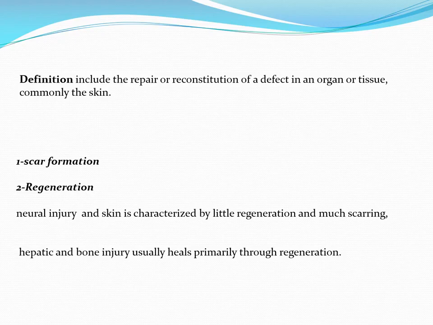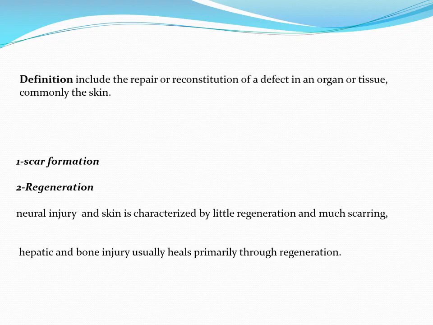At the end of these spectrums, we have two things. On one side of the spectrum, there is scar formation, which is the unwanted end result because the tissue is going to be replaced by scar tissue, and this is not natural. And the other end of the spectrum is regeneration, which is returning the tissue and the organ into its original shape and structure. So regeneration is the preferable way of healing, and scar formation is the unwanted way. And in between them, there is a lot of mixture.